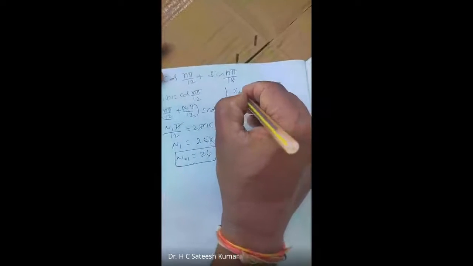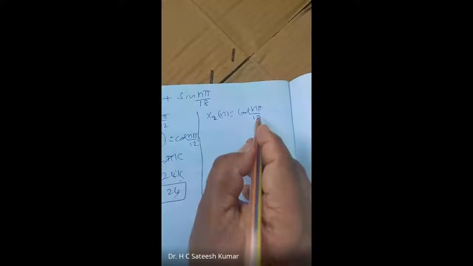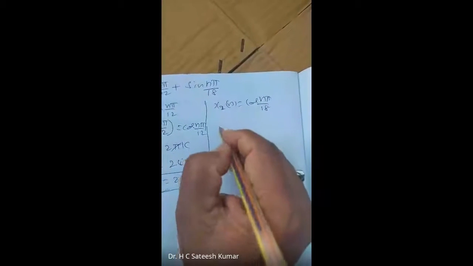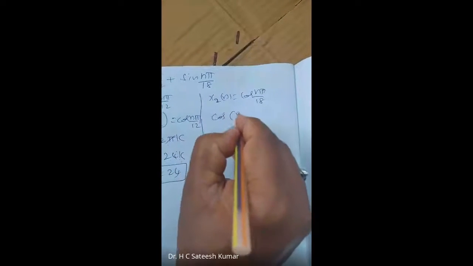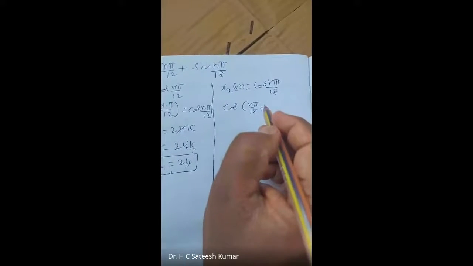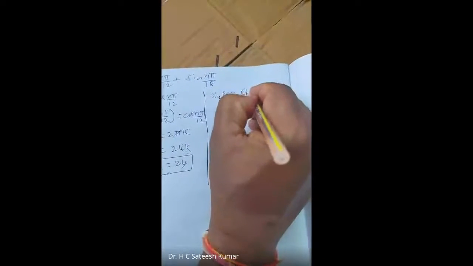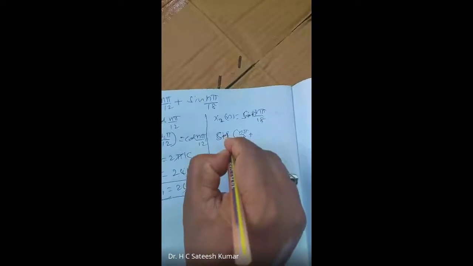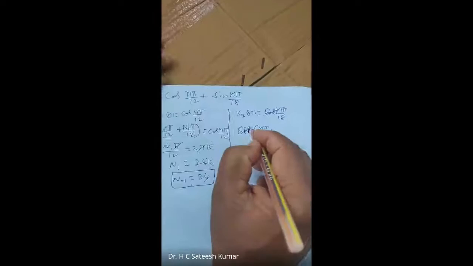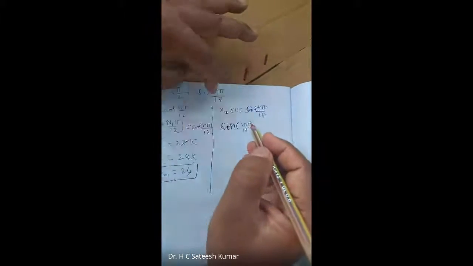Similarly, cos of n pi by 18 plus... Yes, Sir, is it sine or cos, Sir? In the question you have written... Okay, it can take sine or cos, it doesn't make any difference. Anyhow, here we have taken sine, so you should take sine. You are right. But as far as the periodicity is concerned, it will not change at all.